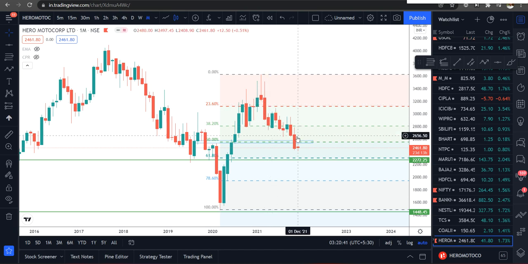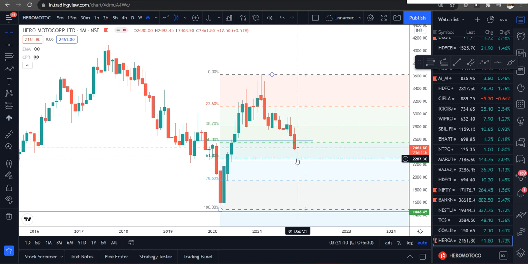and 38, and even if you see this 50 level, I could see one more support in the daily time frame. I will show that. Whereas 61.8 is another support level that is coinciding with the normal support and resistance that I drew. So that is actually coinciding with this level. These are all the things which I wanted to say. These are very strong levels, you could say, with a high probability of getting a reversal.